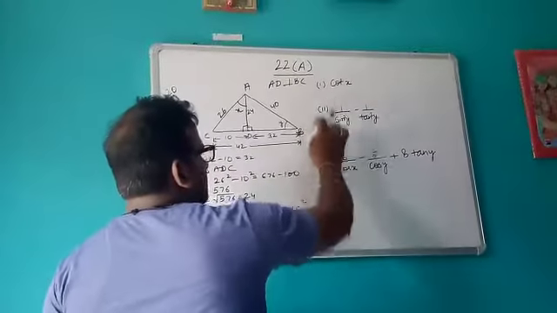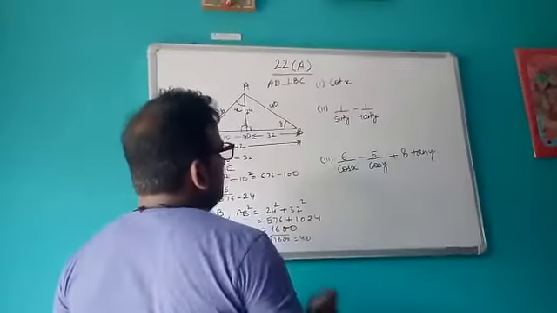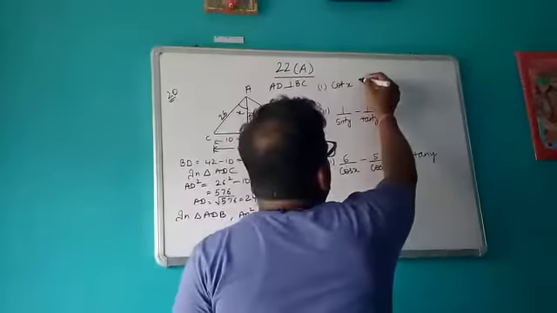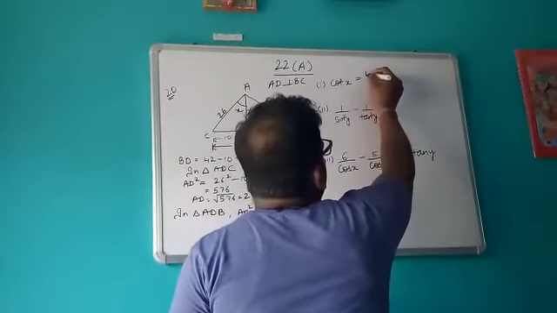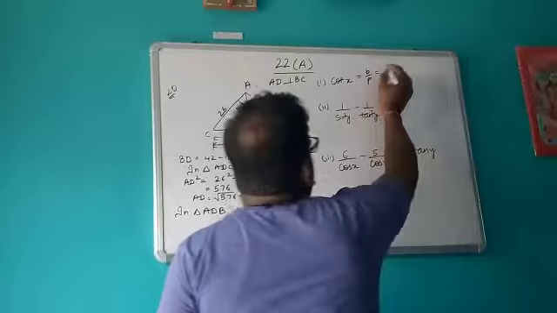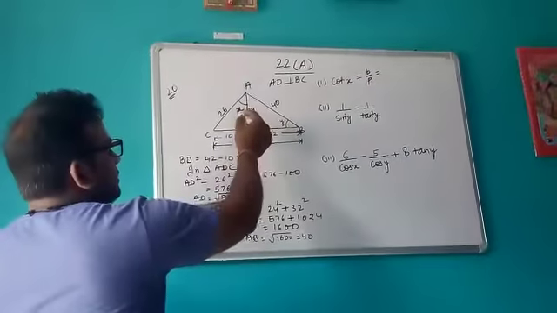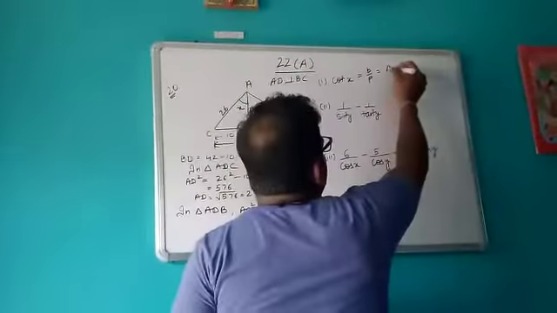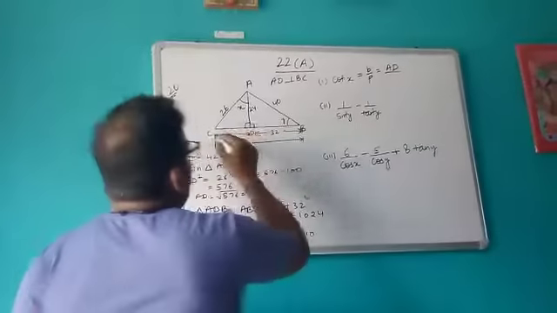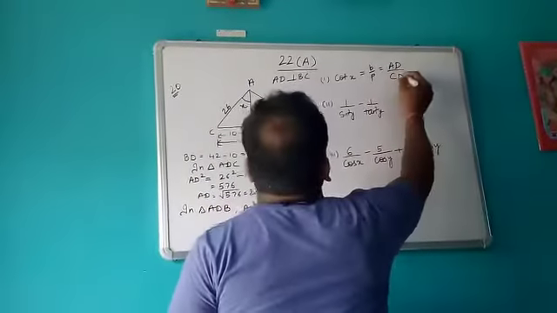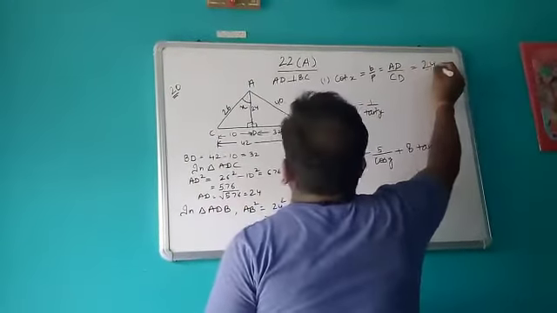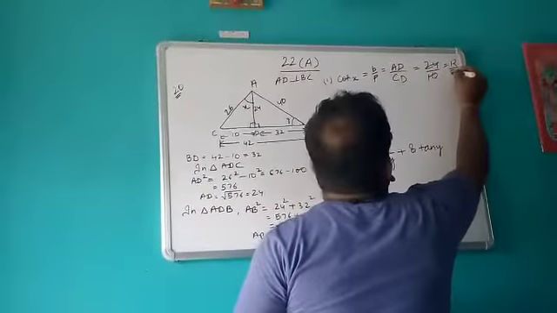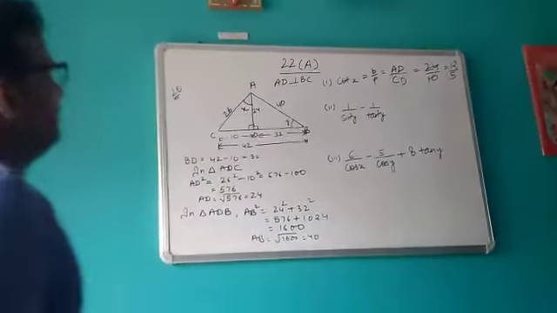required expressions. So first what is asked is cot of x. So if you remember what was cot, it was b upon p, and for this x, this is your x, your base will be AD and your p will be CD, that is 24 upon 10, or you can write 12 upon 5.